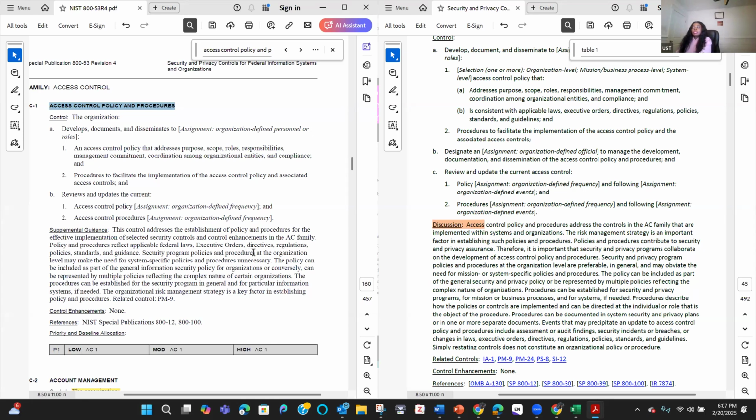Security program policies and procedures at the organization level might make the need for system-specific policy and procedure unnecessary. The policy can be included as part of the general information security policy for organizations, or conversely, can be represented by multiple policies reflecting the complex nature of certain organizations. The procedures can be established for the security program in general and for particular information systems. If needed, the organization risk management strategy is a key factor in